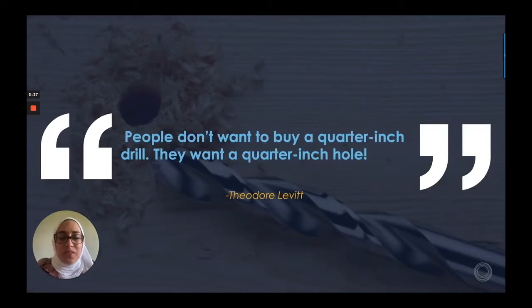There's always this saying by Theodore Levitt that people don't want to buy a quarter-inch drill, they want to buy a quarter-inch hole, and I say actually take it a step further. People want a feeling, right? They want that feeling of satisfaction when they have that beautiful art piece that they've been eyeing on their wall. They want that feeling of relief after they hang up the family photo because their spouse has been nagging them forever. That is what people are going for.